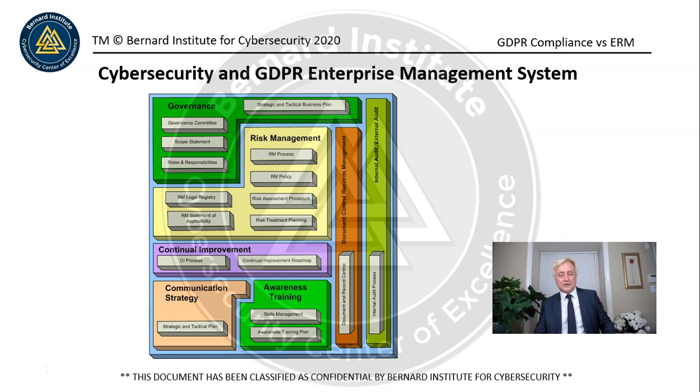Also, you need to teach them about information handling and how to classify information. What does operational information look like? So how can they recognize it? What does unclassified information look like? What does restricted information look like? And what are they supposed to do with it? So this is not part of the communication. The communication might say, we have a classification schema you should follow, right? We have a policy on that. So here's where you find it. But the awareness training is where you actually put them through the paces.